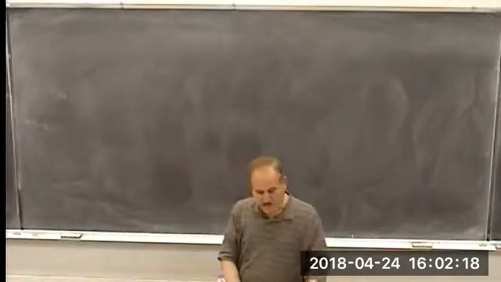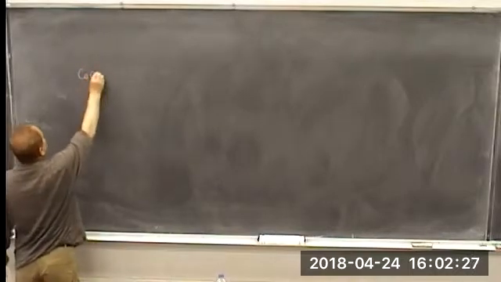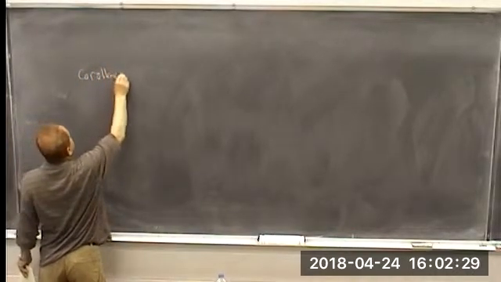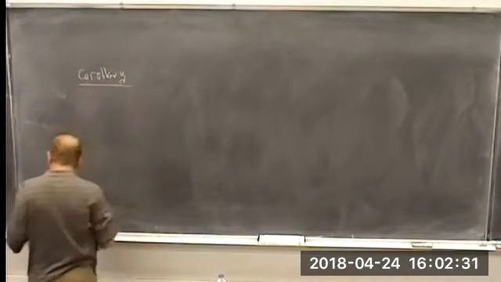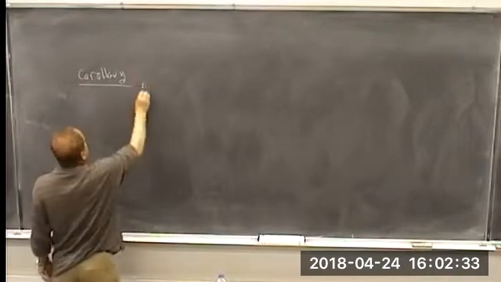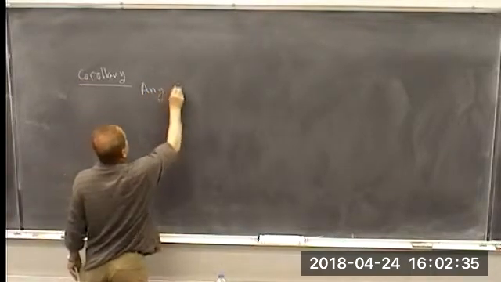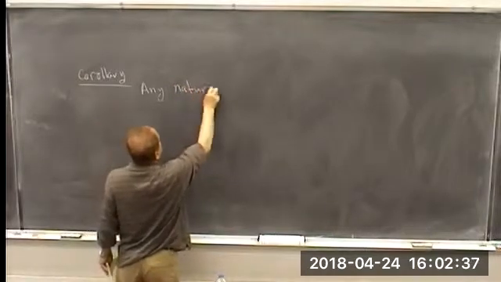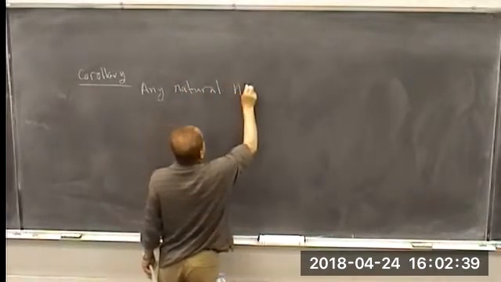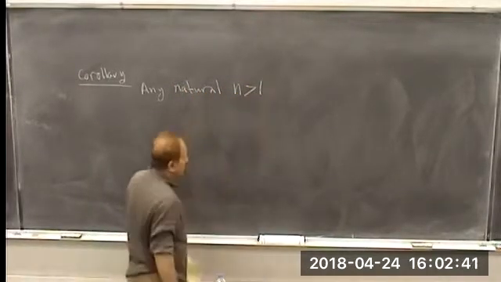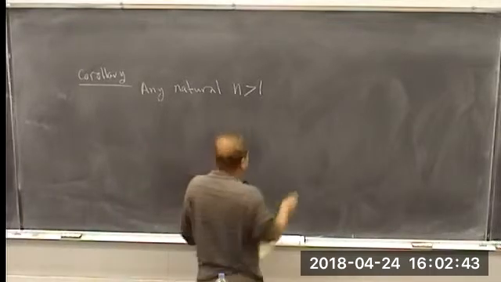We have a special way to express this n as a product of primes, and we're going to put this in a corollary. It says that any natural number n bigger than 1 can be written